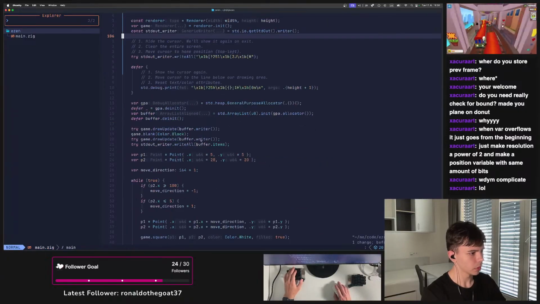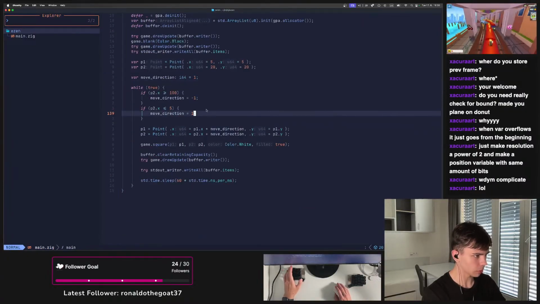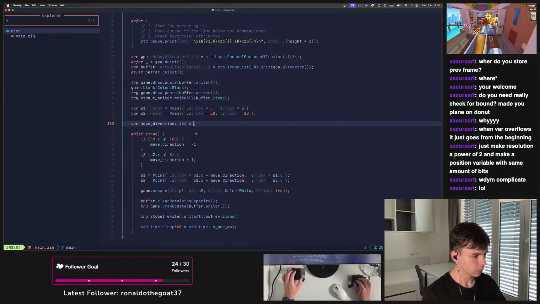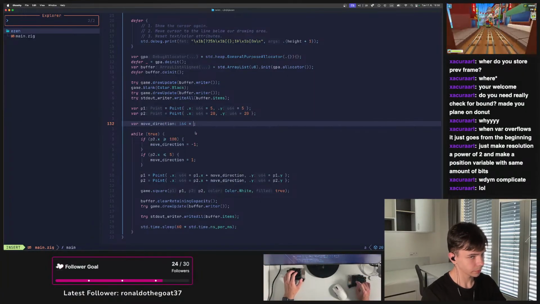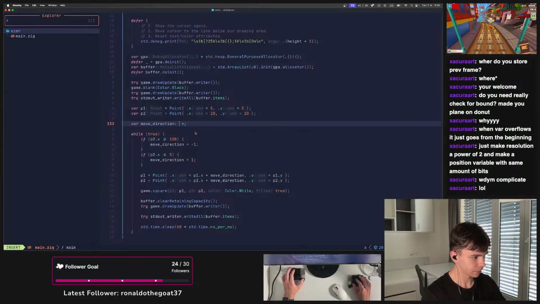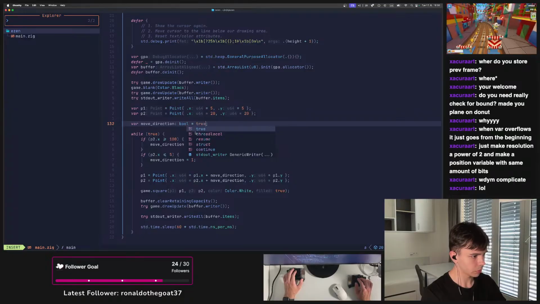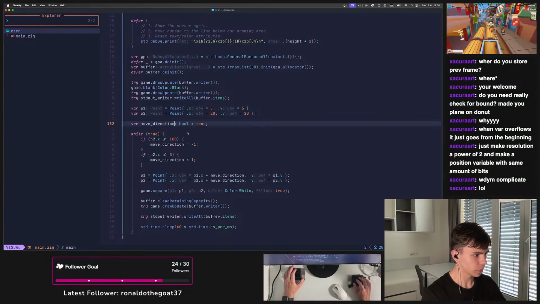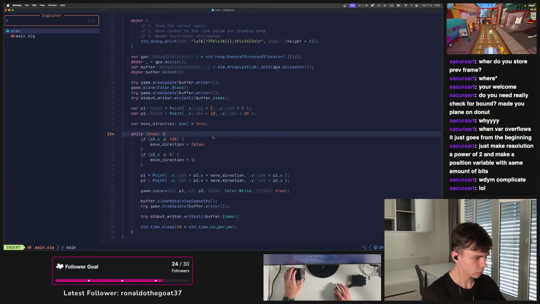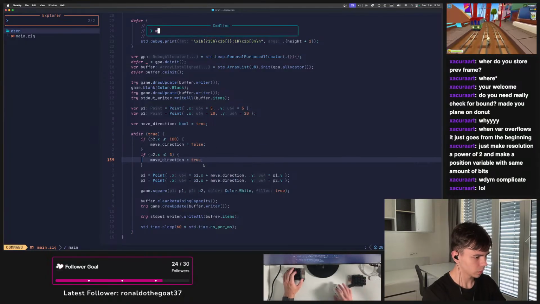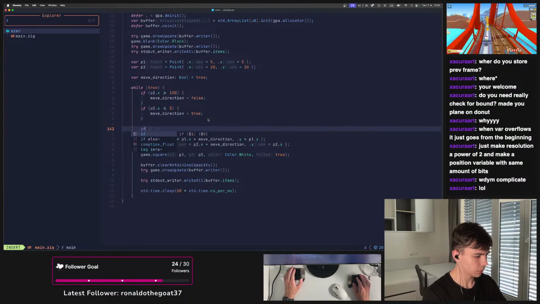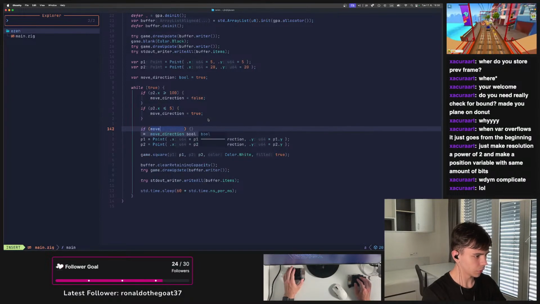Let's get back. Okay, let's do it properly. Move direction is gonna be bool, which is gonna be true, and it's gonna be is moving. Okay, it's gonna be move direction final, right? False. True. And then what we are doing is if move direction